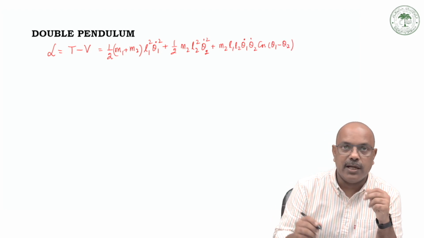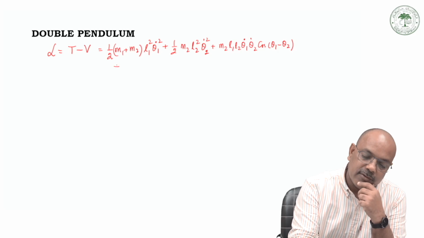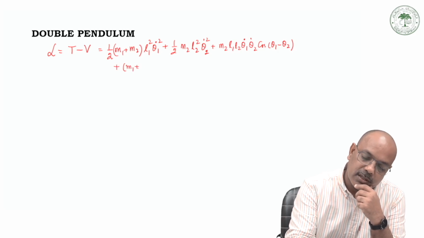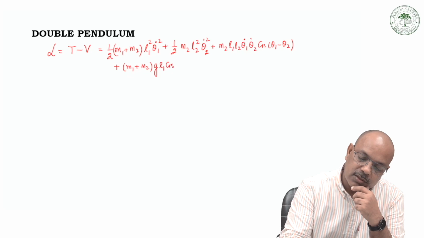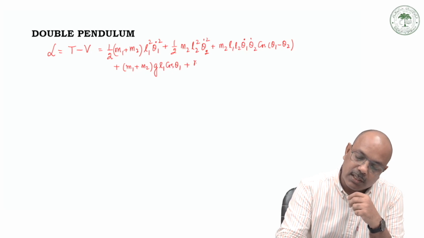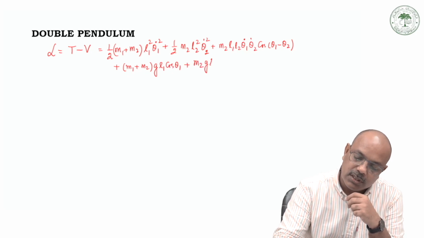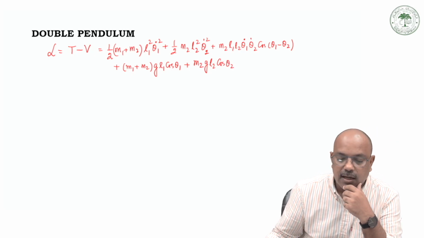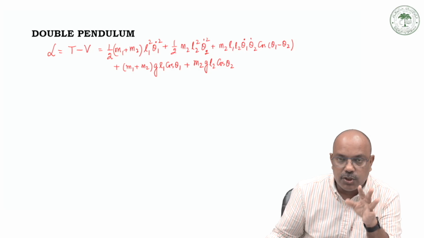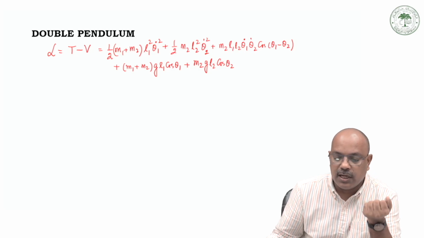This was from the kinetic energy term, and then I had the potential energy term: (m1 plus m2) g L1 cos theta 1, and m2 g L2 cos theta 2. So this was my Lagrangian for the double pendulum case, but the equation of motion corresponding to the generalized coordinate theta